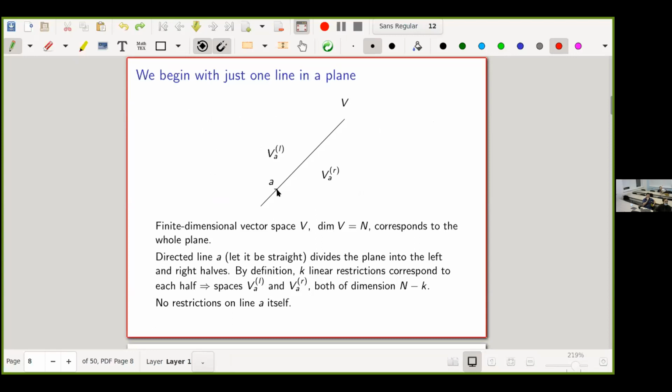K. The dimension of the whole space corresponding to the whole plane is here n, and the line called A imposes k linear restrictions on its right side and k other linear restrictions on its left side. But what does it mean? What do you mean by linear restrictions on each half? Okay, linear restrictions just means that